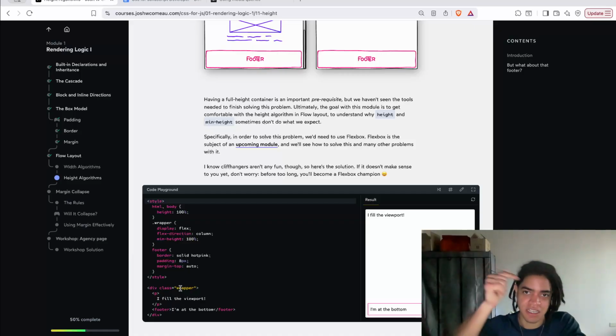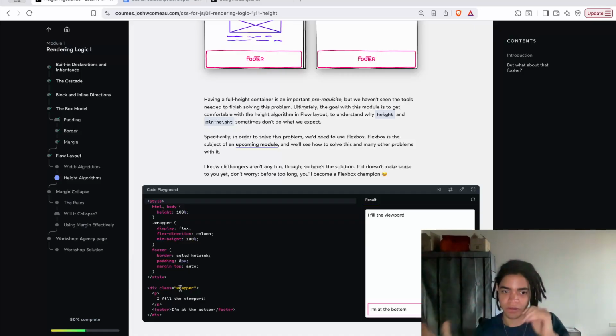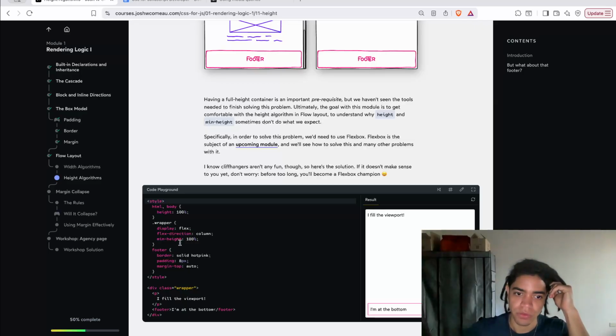This is the layout calculation: it's a flex box, a flexible box. So you're saying the min-height, which is looking down, will be 100, all right? And it's because you are now inheriting that